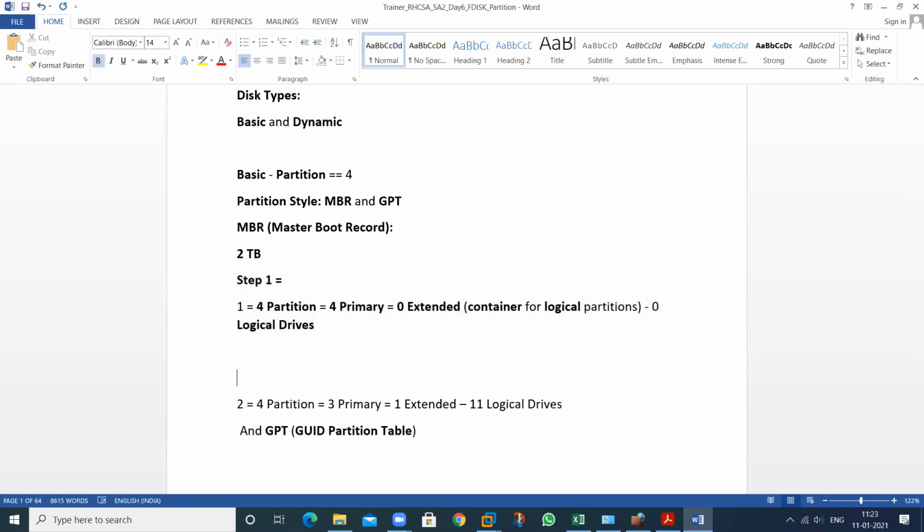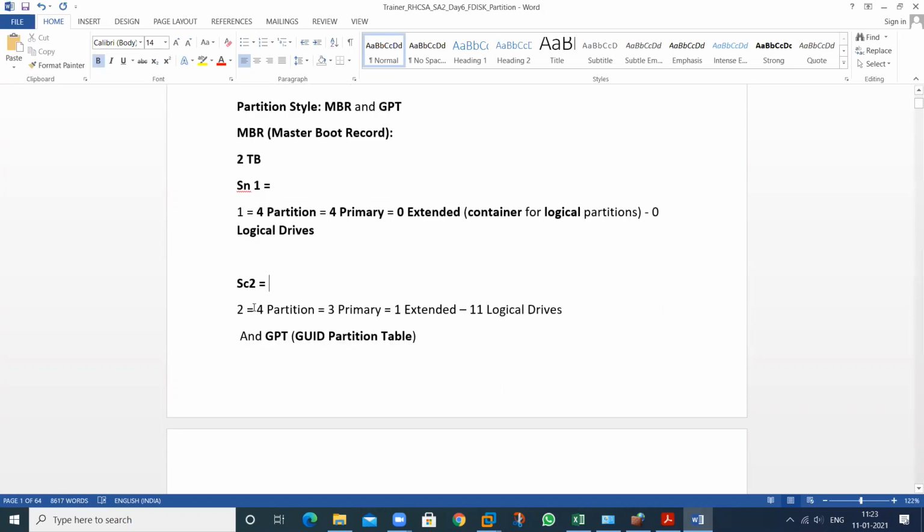If I use scenario 2, it's not a step, it's called the second scenario. If you use this particular functionality, you can create 4 partitions. So create just 3 primary partitions and 1 extended partition. So these 4 partitions will complete because MBR supports only 4 partitions.